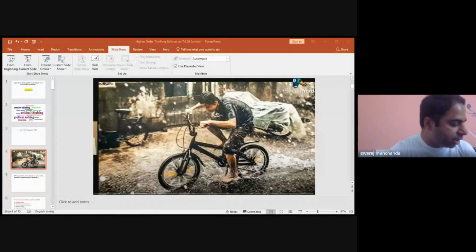Twisted questions. Already some of you have mentioned in the chat, like, why is this boy riding a cycle in such a weather? Is he struggling for something? Is there any emergency? And there are many things people are asking related to his posture, related to the weather, but these are not direct questions. These are indirect questions. When we ask such indirect questions, then we have to go out of the box